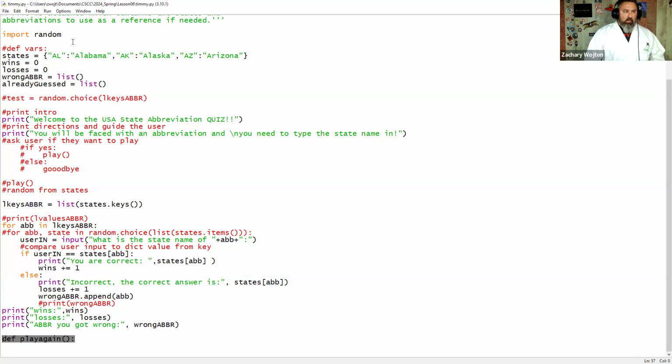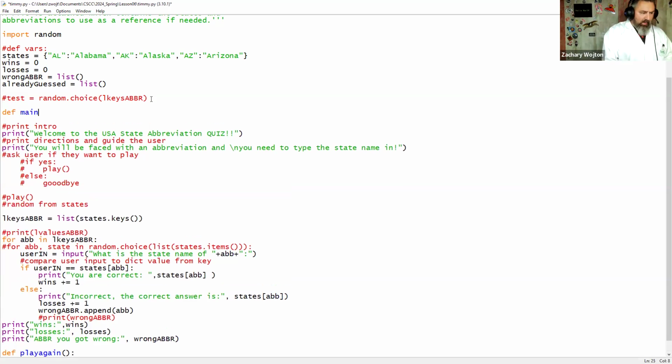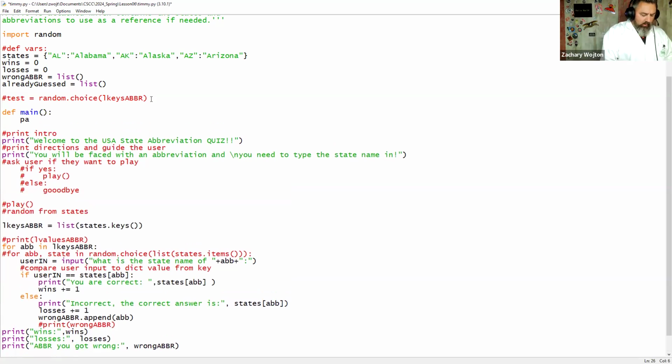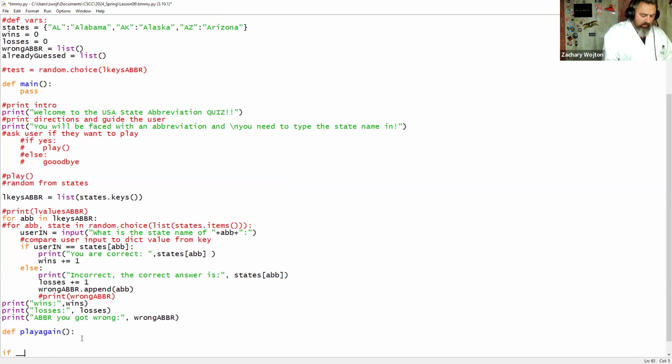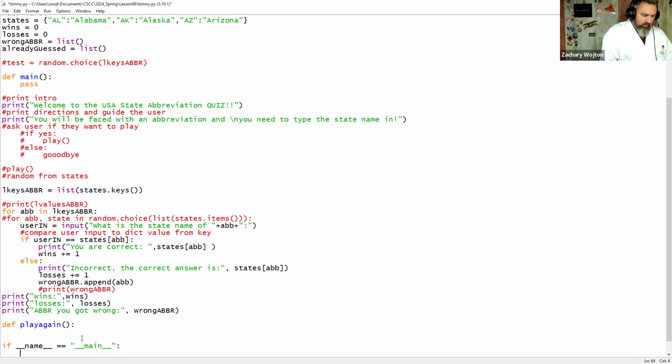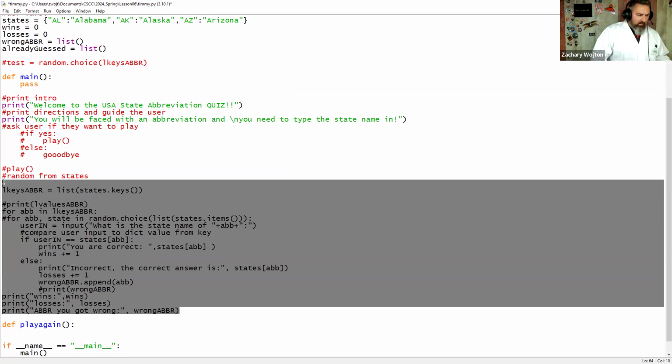And then I'd come in here and I'd draft my variables in my import. I'd say define main, pass for now. Type in my mainline logic. And then you can go back and rebuild your code. So how would I do that? Well, I'd take all this,